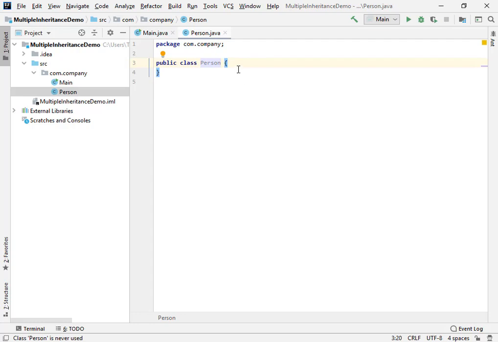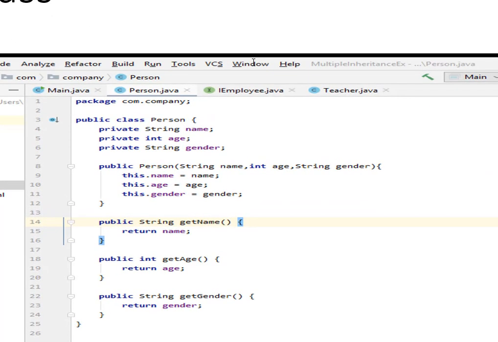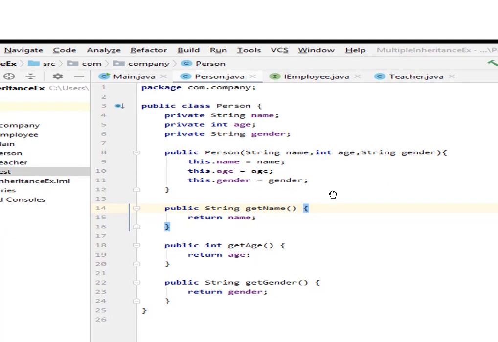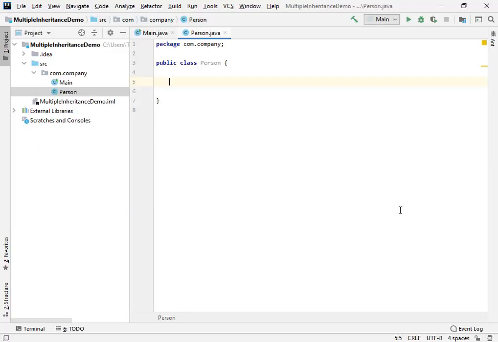Now we have this class created. So what I'm going to do is define some fields or attributes. In this case I will make it very simple: name, age and gender.